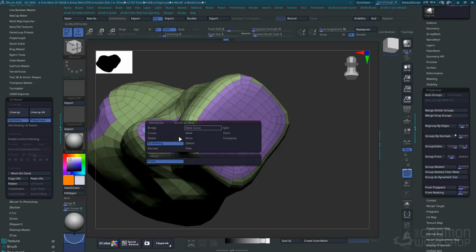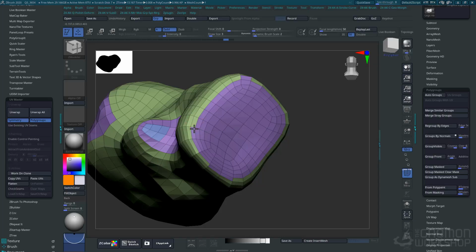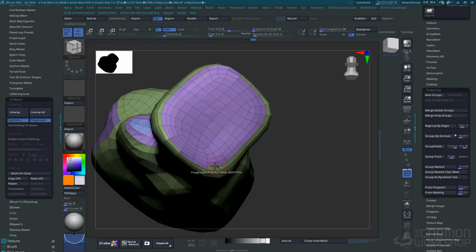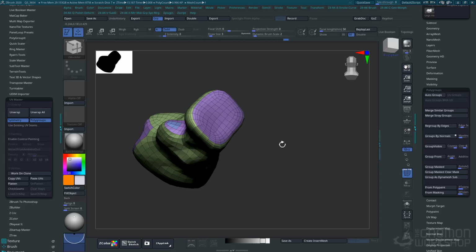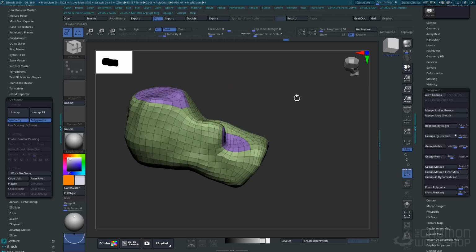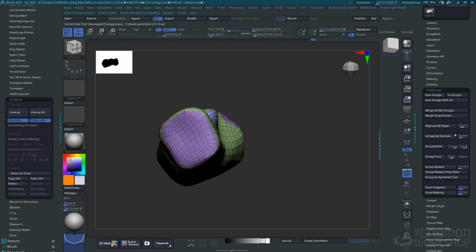Yeah, so I'm just going to go back to single poly here and just choose these polys right here, and so that's where it's going to cut a seam for me. And a pretty quick process. I don't know why the polyloop option didn't work, but that's fine. It only takes a couple of seconds. So that's done, and then it will cut the other piece for me too. So with that, I'll just go ahead and click on unwrap,